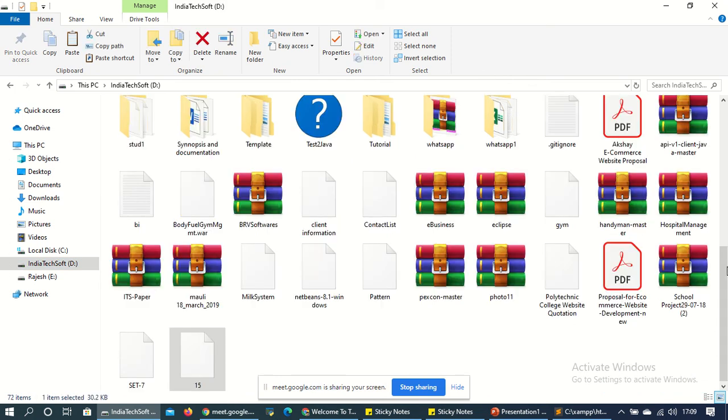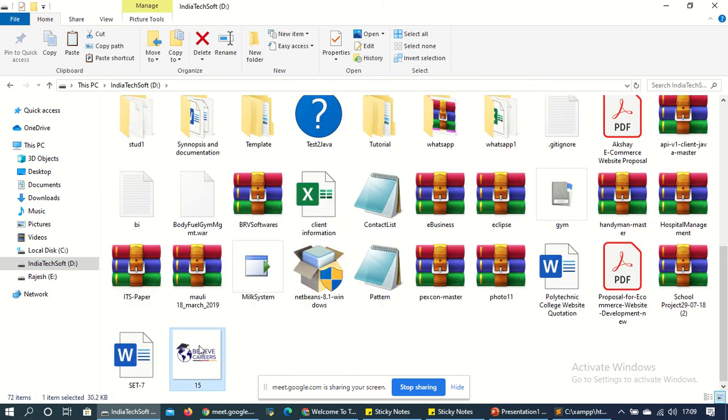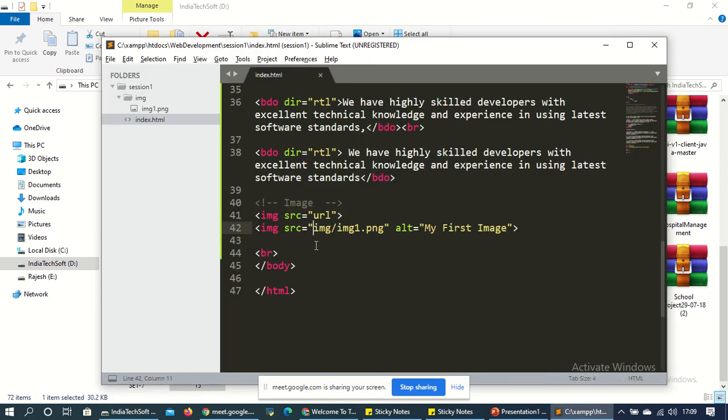I have pasted that image, the name is this one, and I think it is a png file. So just copy, and come here, d slash 15 dot png. Let's check.